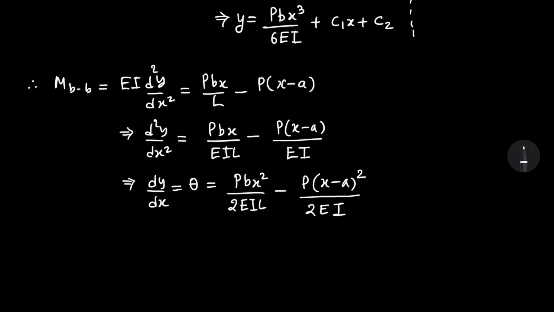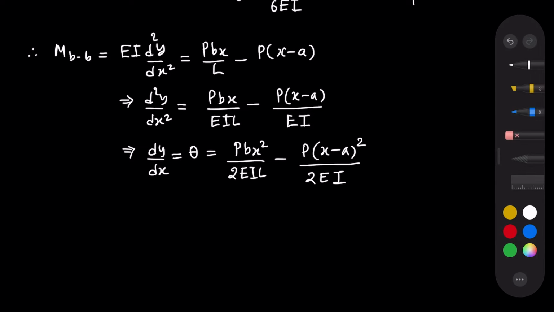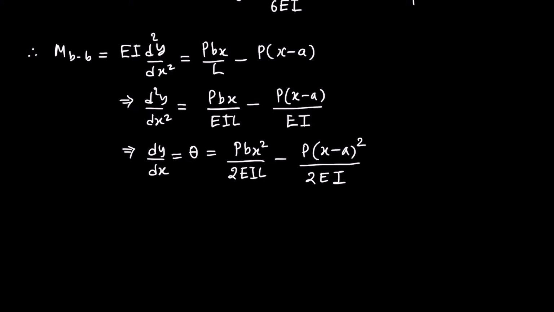Now we have to keep one thing in mind. The integration of (x minus a) dx, we know that it is equal to x square by 2 minus ax, but we have written something else. Why? Because for the integration of (x minus a) dx, we are considering this whole term to be a function of x, so this becomes (x minus a) whole square by 2, plus constant C.